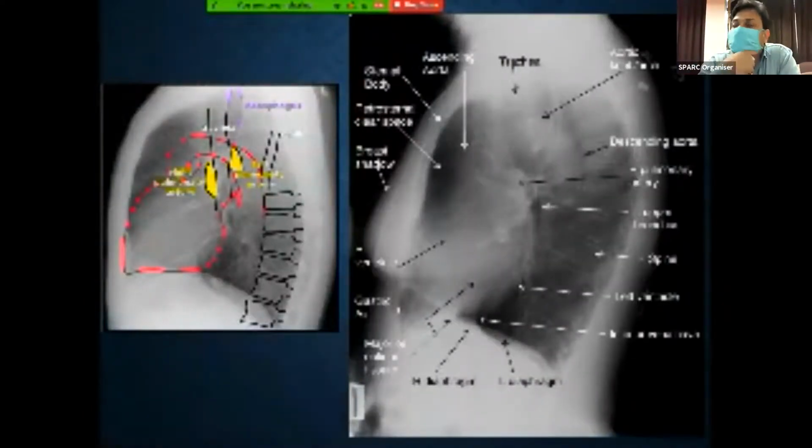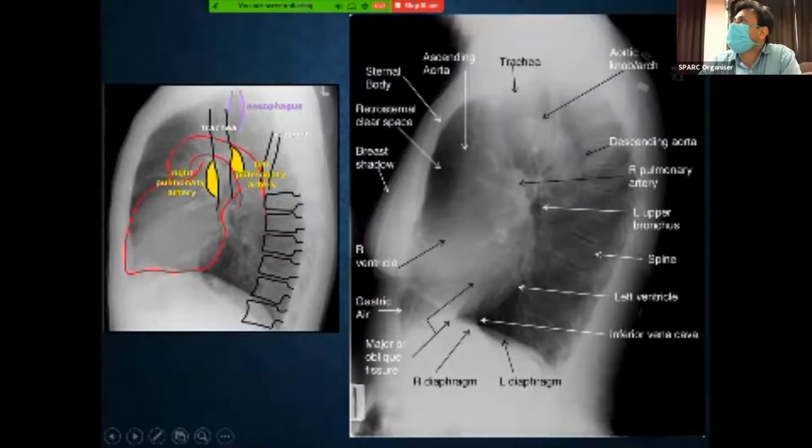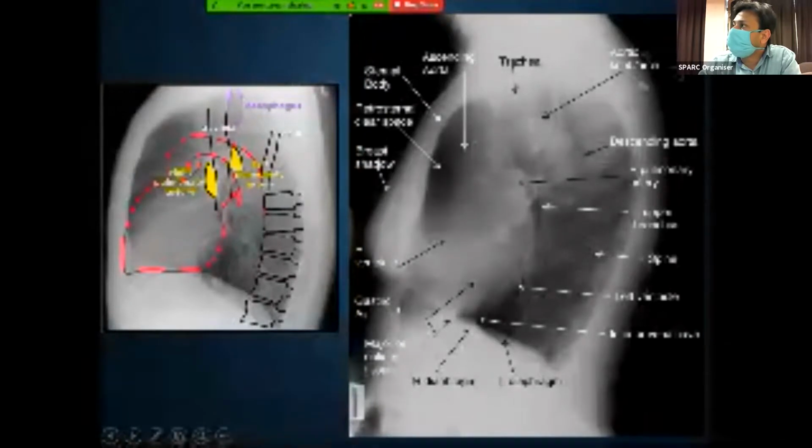Lateral film, as I told you, is nowadays very less commonly obtained because of the availability of the cross-sectional modalities like CT scan. However, if we have a lateral film, at least we can make out that the anterior-most part is the sternum, this bone is the sternum, and the posterior-most bony structures visible are the vertebrae and some of the posterior margin of the ribs. And in between, we can see this anterior shadow, a large shadow. This is produced by the heart.